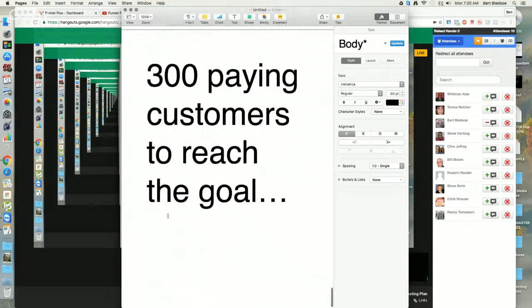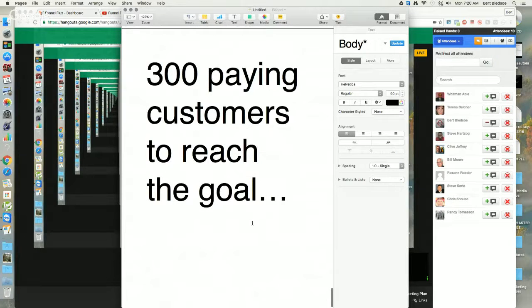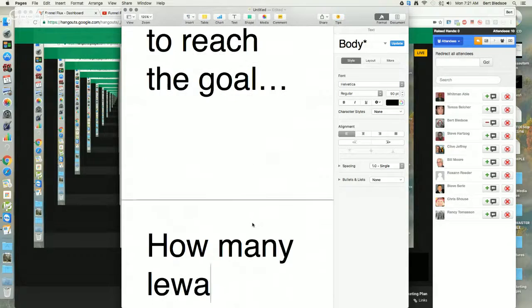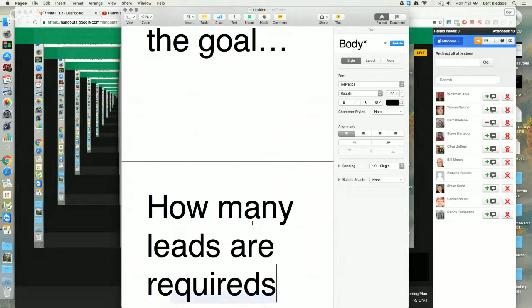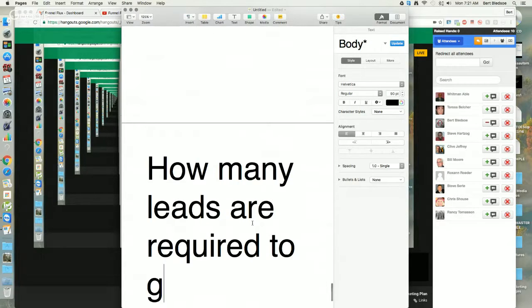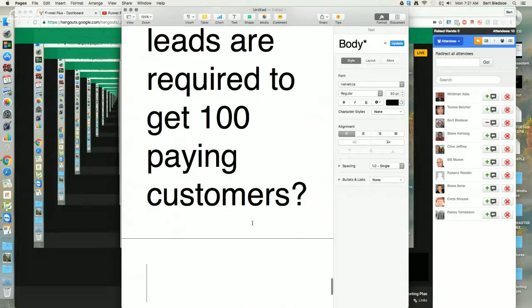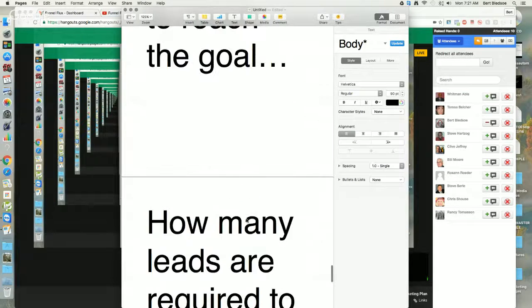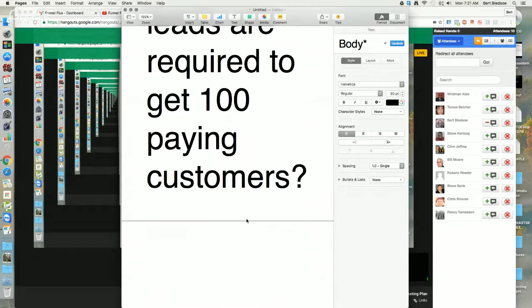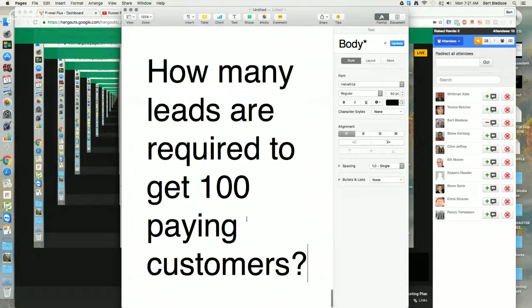So what would you need to get 1 paying customer? How many leads are required to get 100 paying customers? Well, if you get 100 leads a day,